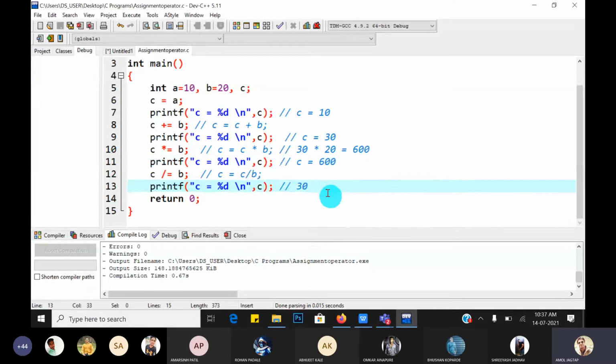Yes, guys, any doubts in this assignment operator, which is a binary one? These operators are binary ones. Let's check: equal, assignment, plus. These are binary because they perform an operation on two operands. So these are the binary operators. Exact. Any doubts?